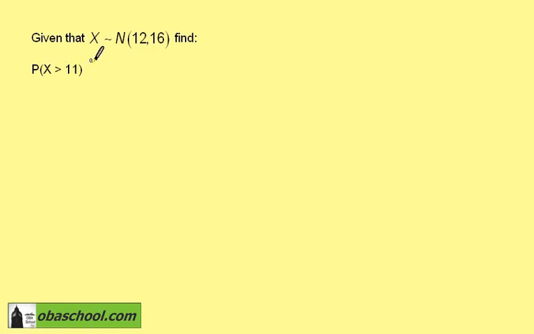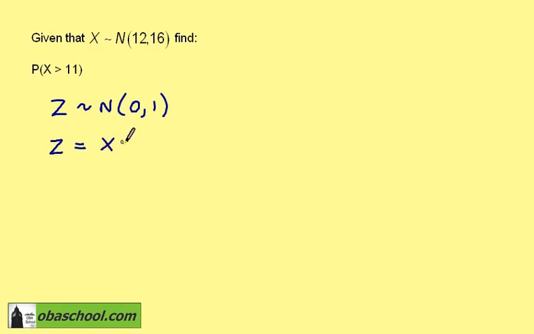Given that x is a normal with mean 12 and variance 16, we want to find the probability that x is greater than 11. Remember that we only have tables for the standard normal z, which is a normal with mean 0 and variance 1. We can transform x to z